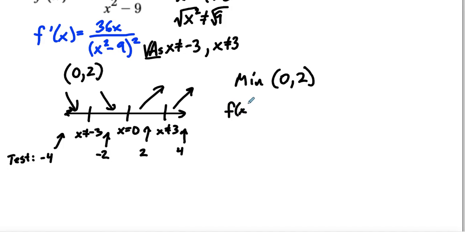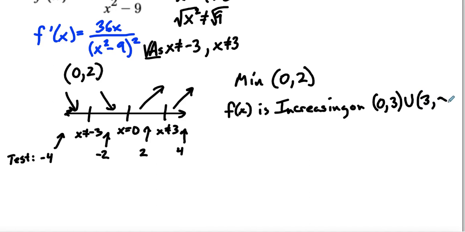Now, where is f of x increasing? Well, f of x is increasing on 0 to 3. You got to put a break at 3 because at 3 there's a vertical asymptote, right? So the function's not defined at 3. So it's not continuous, so you can't just put 0 to infinity. You got to put 0 to 3 and 3 to infinity. And then what that means is really that x cannot equal 3, and we're leaving that value out of our intervals. So 0 to 3, 3 to infinity, and then decreasing on